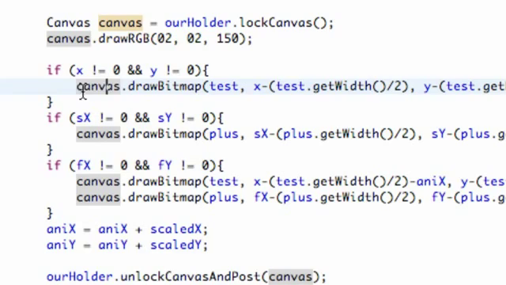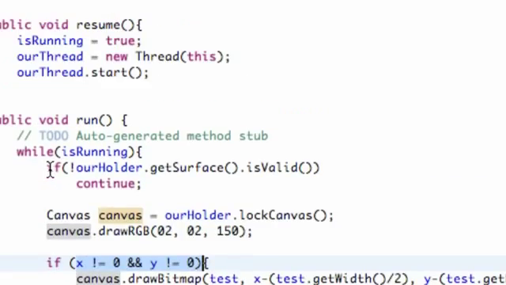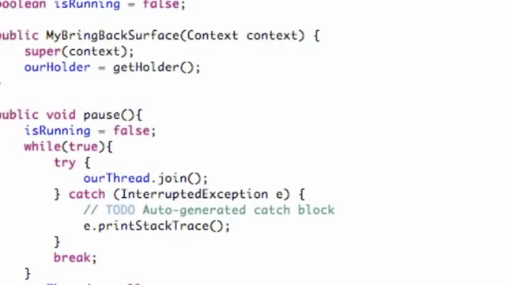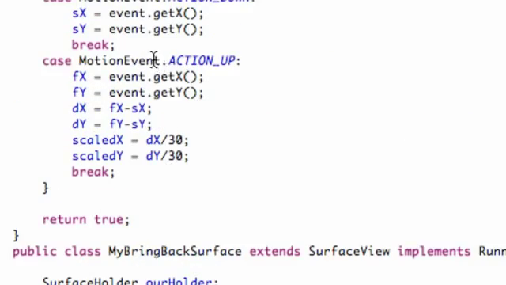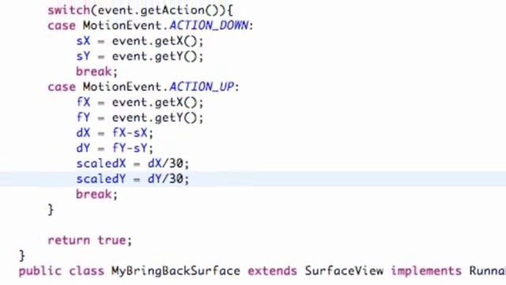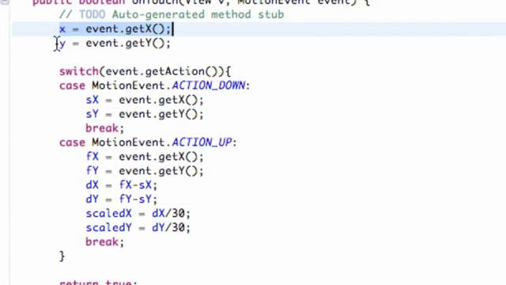So an easy way to fix this is, as you can see, our if-else statement's only going to draw if x and y is not equal to 0. So what we can do is scroll up to our motion events, and within our motion up, we can just change that value to 0, because the only time our x and y is going to equal something right here is when we have a touch event on our surface. So once we release, we can set those values back to 0, and nothing's touching the surface, and everything is going to be